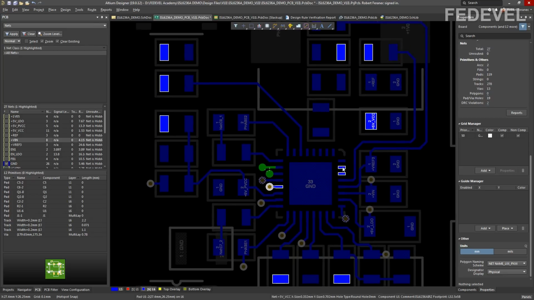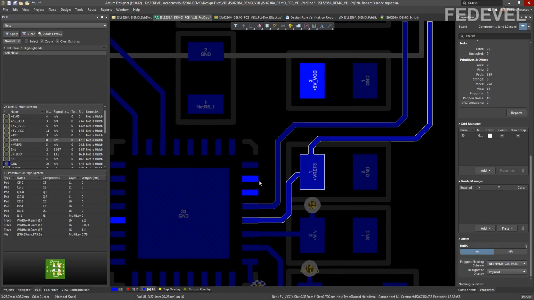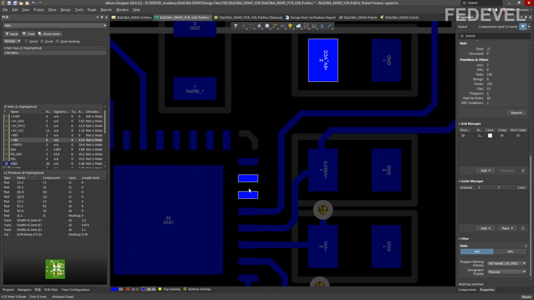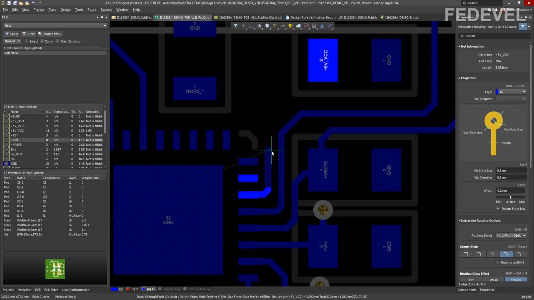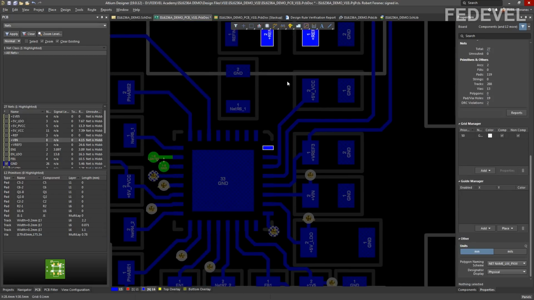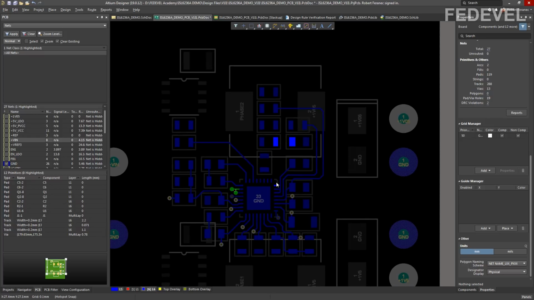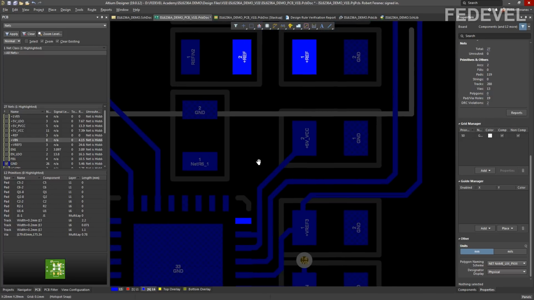We mentioned this signal is going to be connected on layer 4, but I think this connection is important. A little bit later we will check this connection in the schematic. For now I'm just going to connect it like this. Okay, I will connect it like this. This is simple.